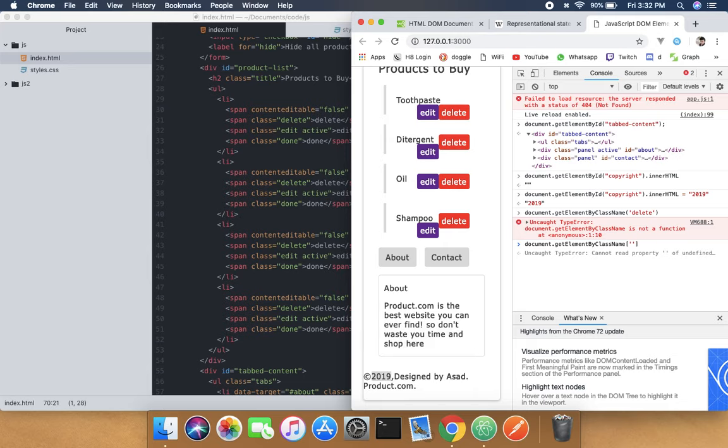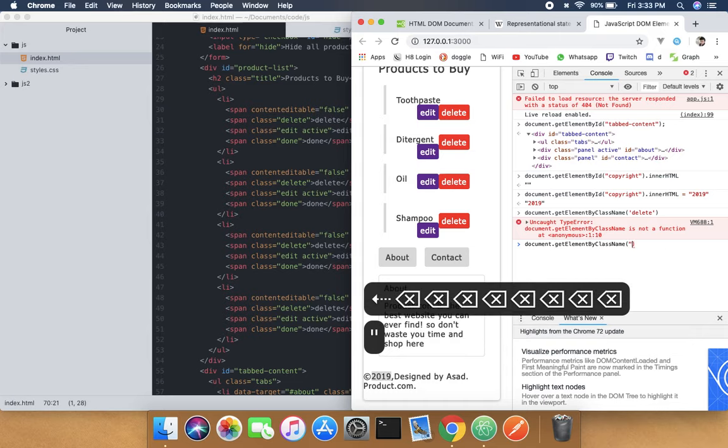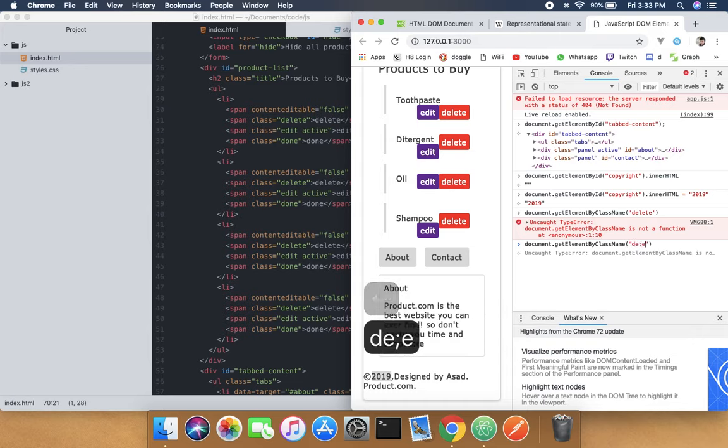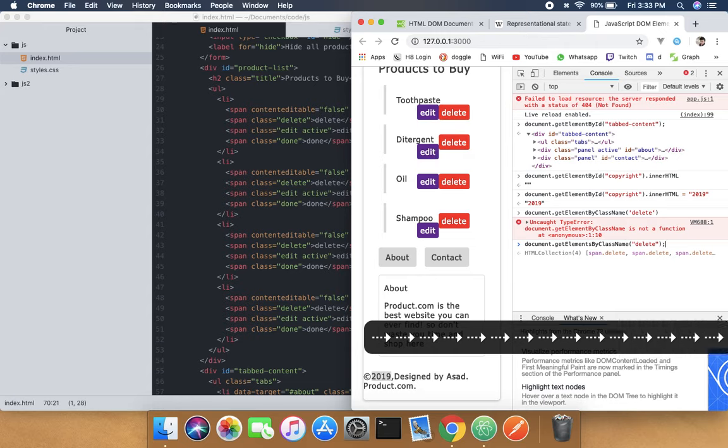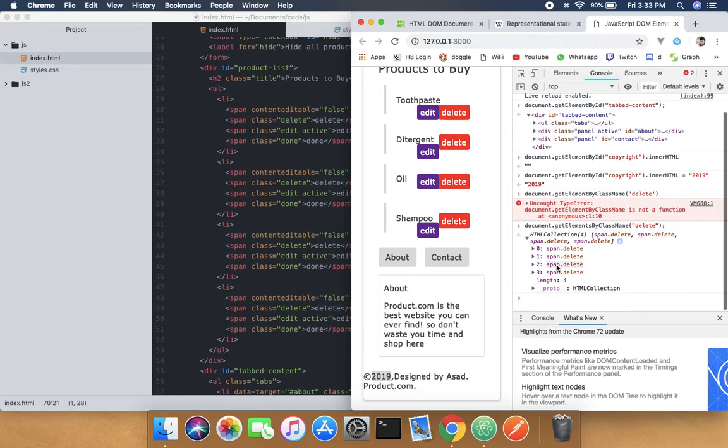Wait, when we do that, and inside that we need to put a double quote, so delete. Oh, elements, it would be elements, that's why it's not working. Now it's going to work. So when we do that, you can see there are four of them,